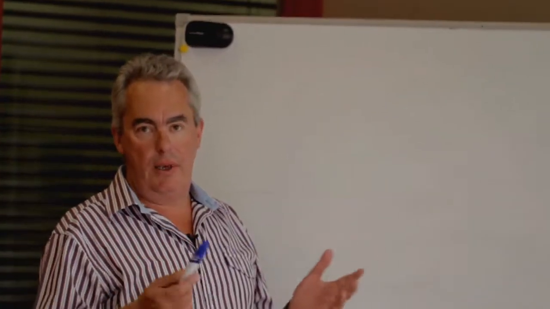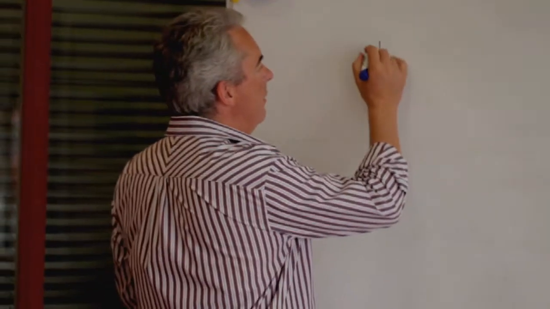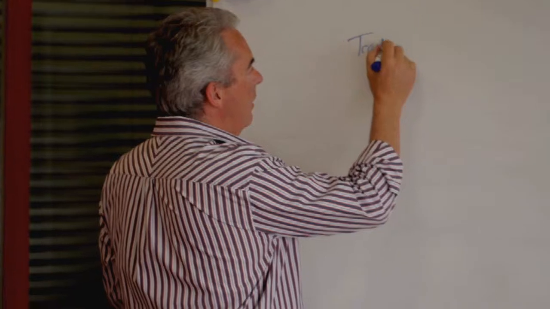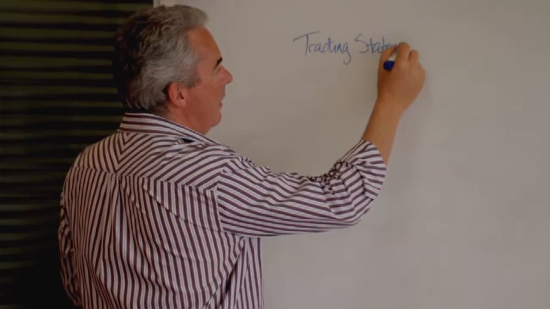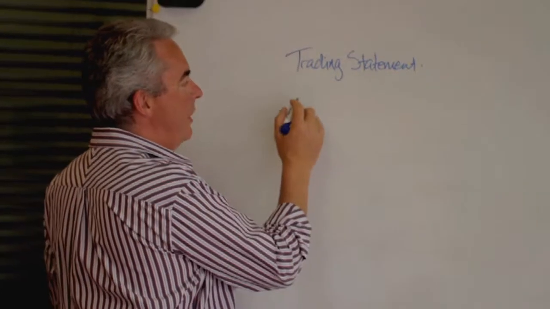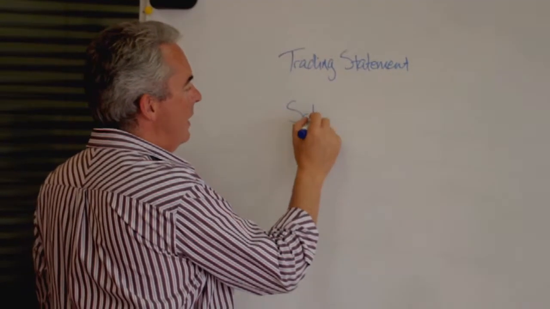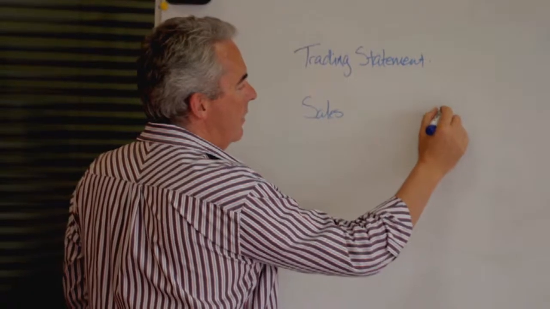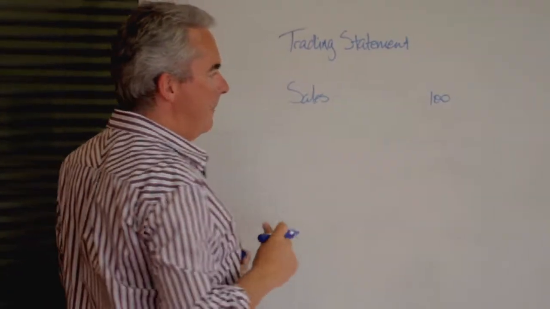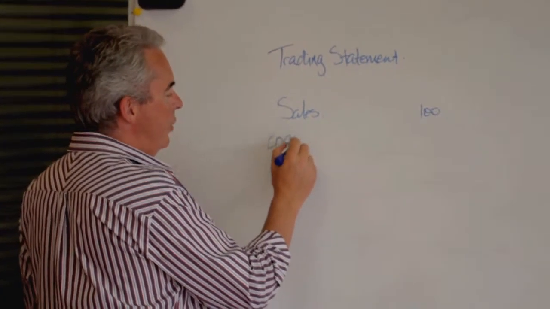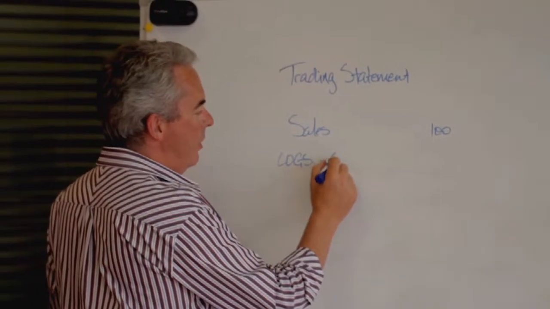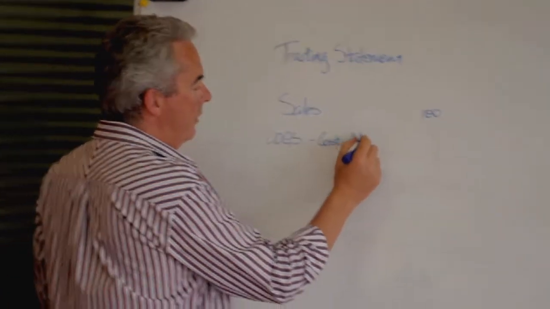So I'll give you a quick example, which will help explain what we're on about. When we talk about a trading statement, and I apologise for the writing, we'll generally have a thing called sales. Let's say we've got sales of $100. And then we'll have what's called our COGS account, which equates to cost of goods